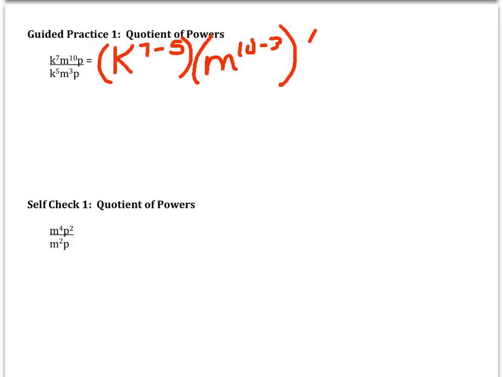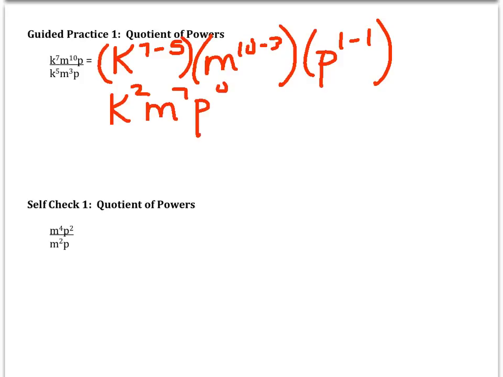Let's try one together. In guided practice 1, we have k to the 7th power times m to the 10th power times p divided by k to the 5th power times m to the 3rd power times p. This will equal k to the 7 minus 5 power times m to the 10 minus 3 power times p to the 1 minus 1 power, which leaves us with k to the 2nd times m to the 7th times